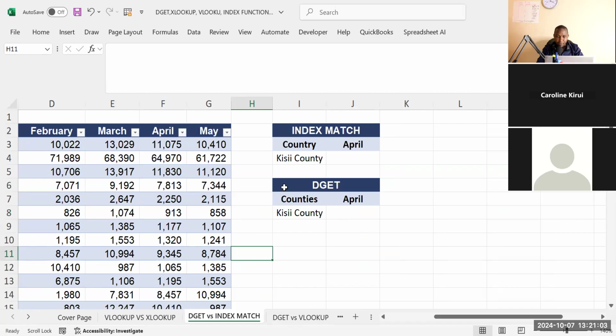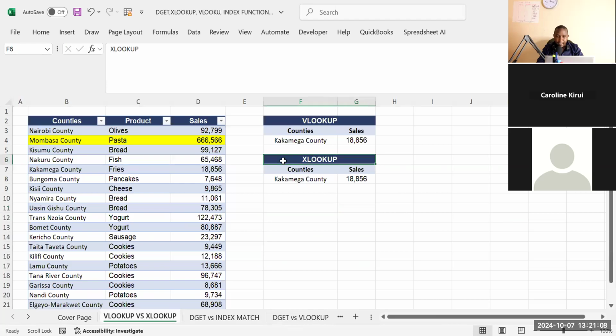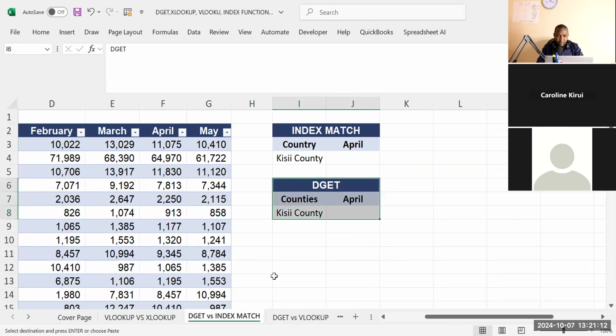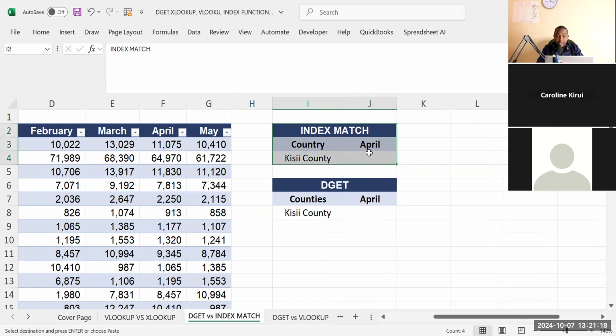Before I introduce this one, I want to use an INDEX formula here. This one also you can get all the results of using the VLOOKUP, the XLOOKUP, and the MATCH, but also it depends